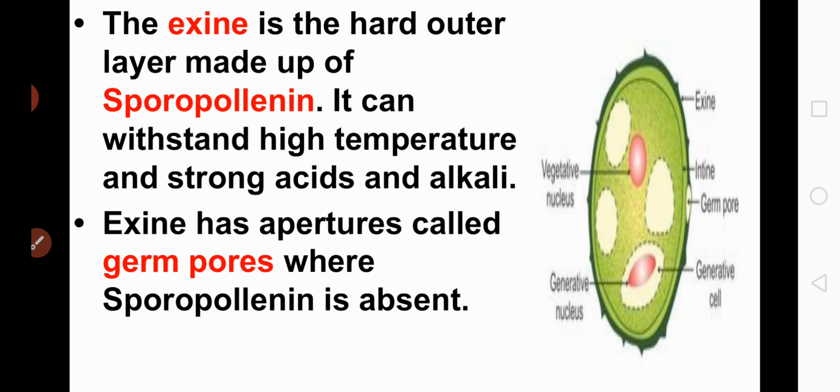Okay, now the outermost layer of the pollen grain is called the exine, and this layer is very thick due to the presence of sporopollenin. So sporopollenin is the wall material found in the exine of the pollen grain. Is that clear? Now, at some places